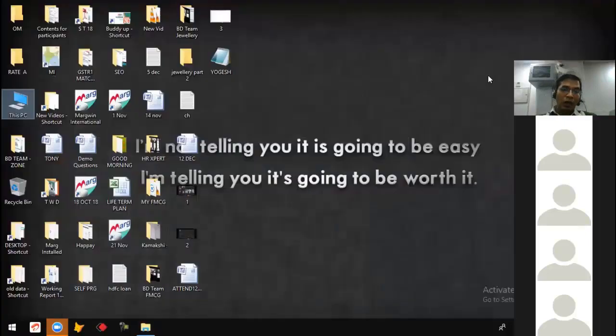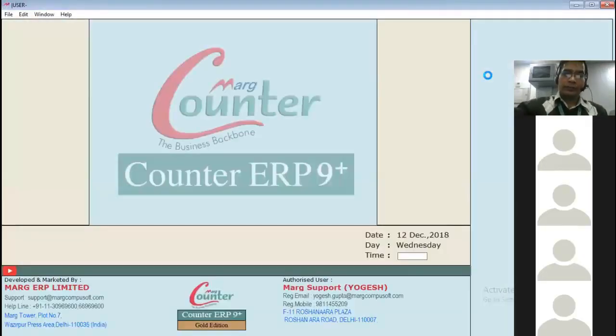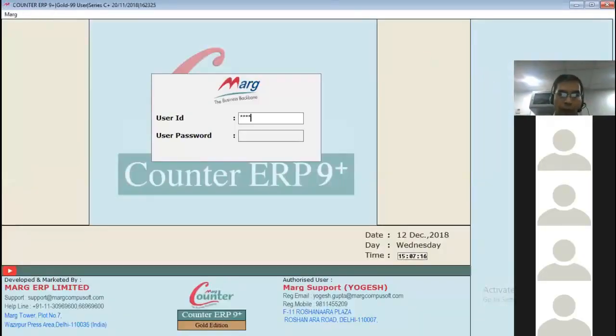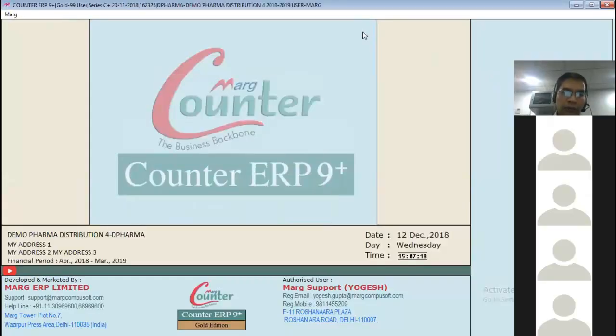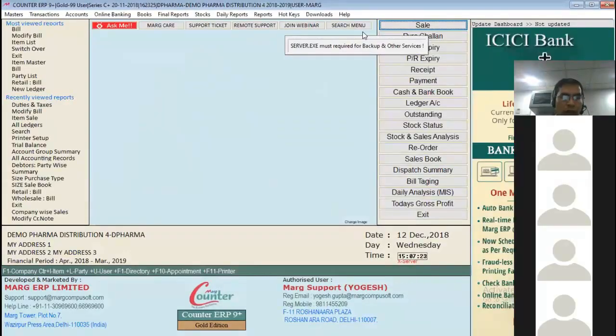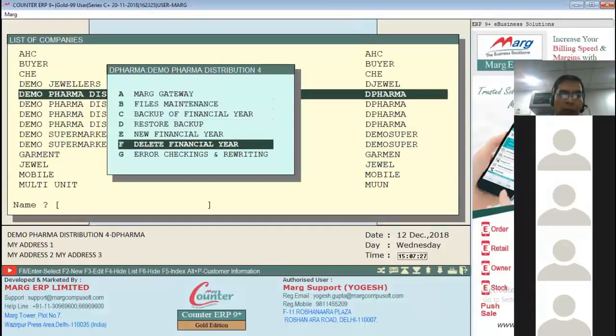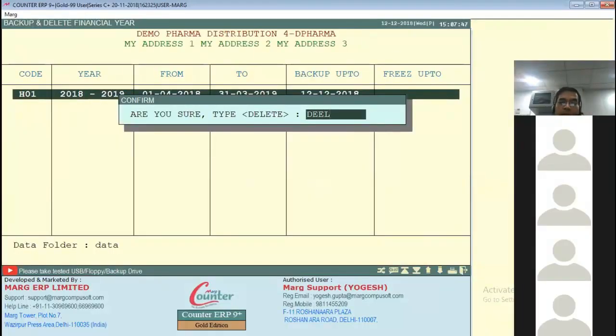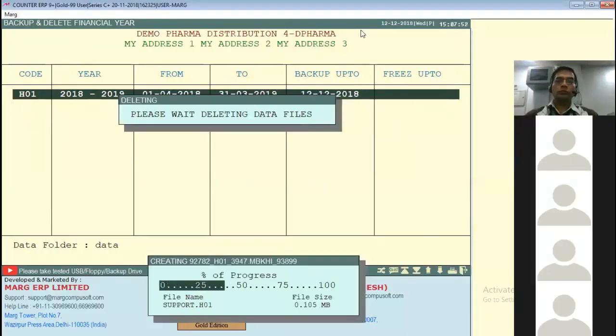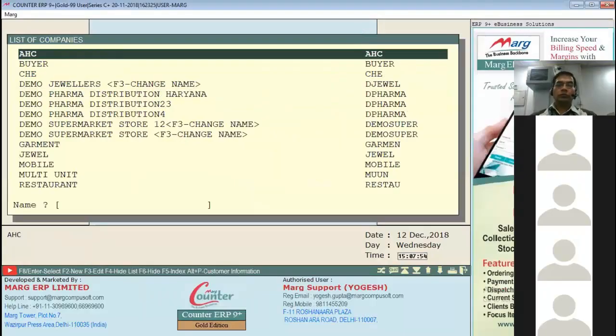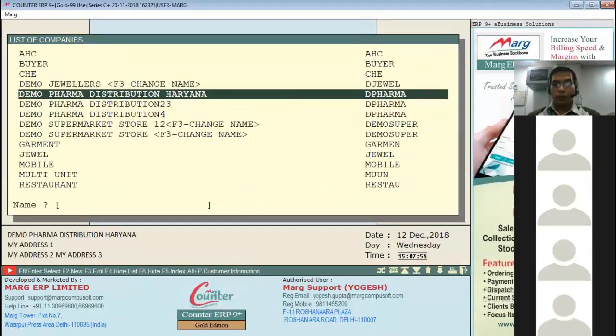Now I'll reopen the Marg and delete whole companies, those backup I have taken. So I press Alt X, I go to delete company, I type here delete. I delete this company also.